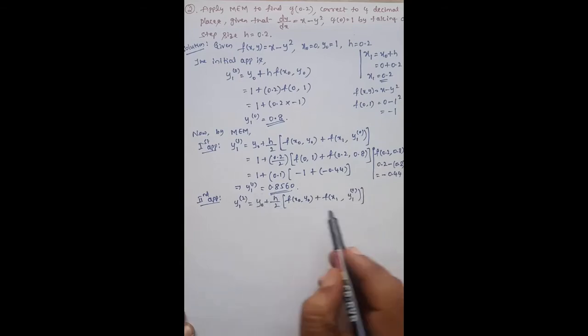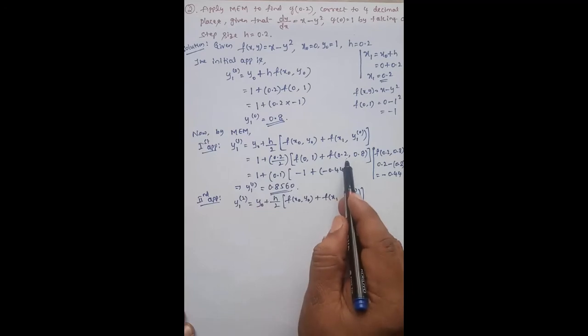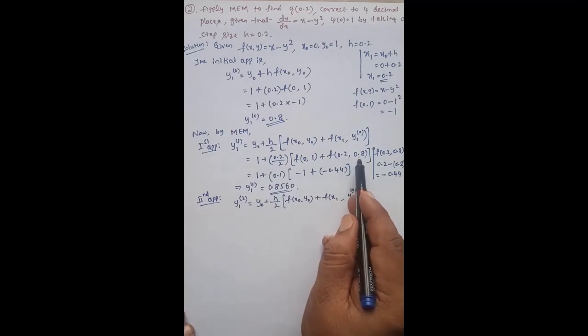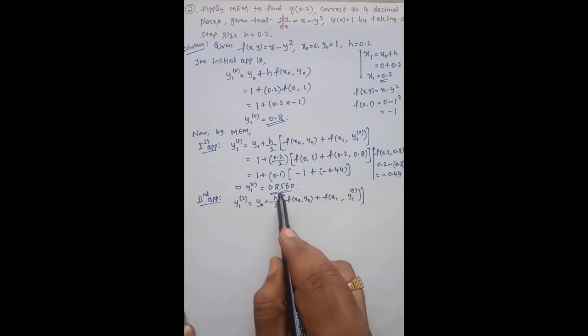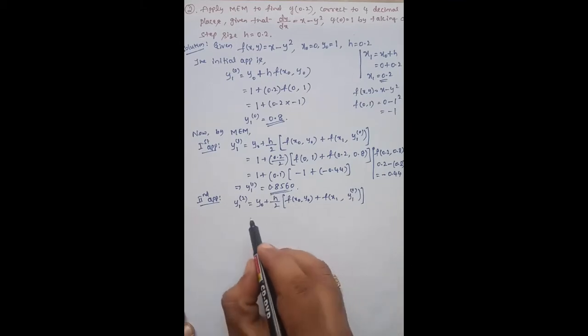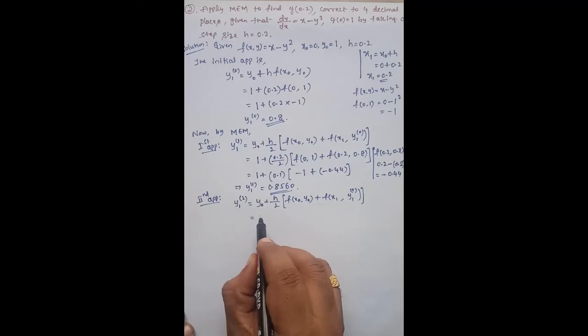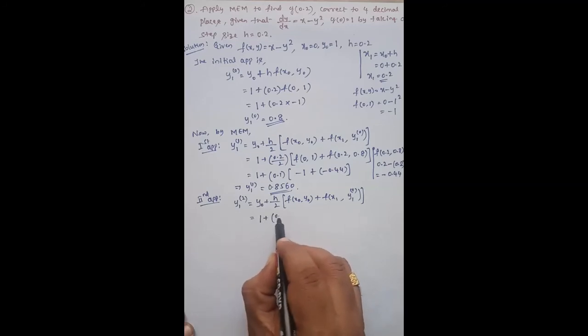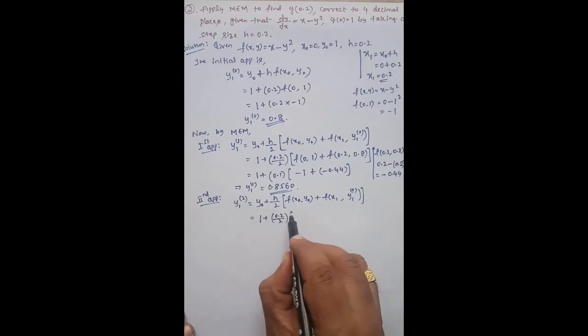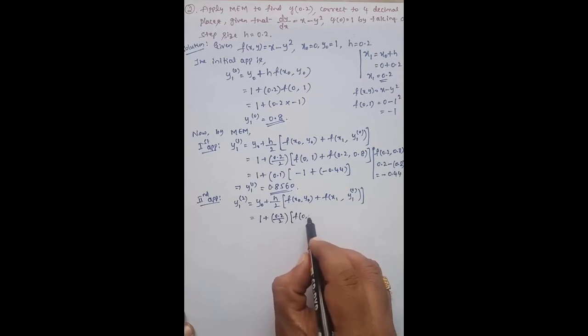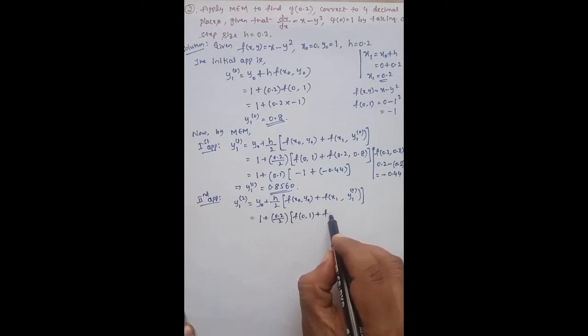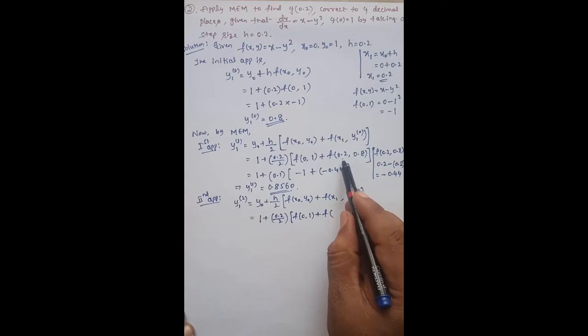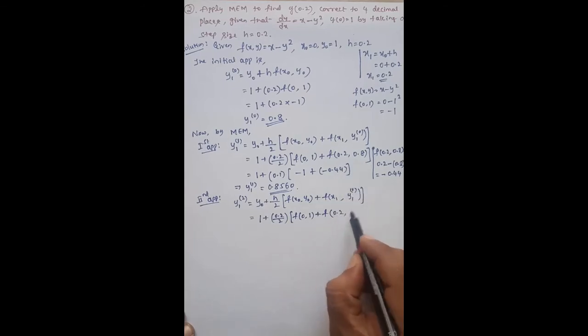Here you can observe that till here everything is the same, only the last value you have to change. Instead of 0.8, you have to take the first approximation, that is 0.8560. Substitute now, y naught. What is y naught? 1 plus h is 0.2 by 2 into f of x naught is 0, y naught is 1 plus f of x1. x1 is 0.2 comma y1 power 1. So the first approximation is